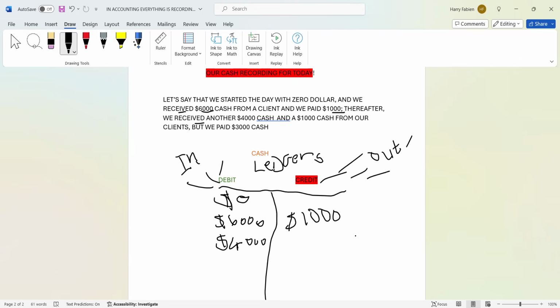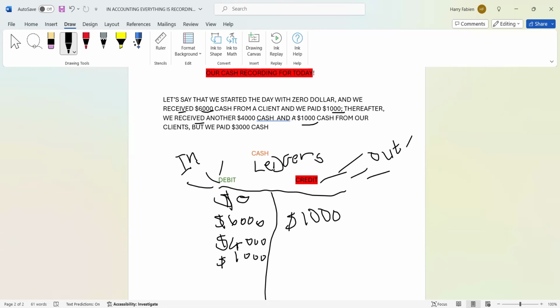Simple as it is. So we receive $4,000 from the business and another $1,000 cash. We receive again. So what you're going to do, you're going to add it to that side here. $1,000. That's the way.